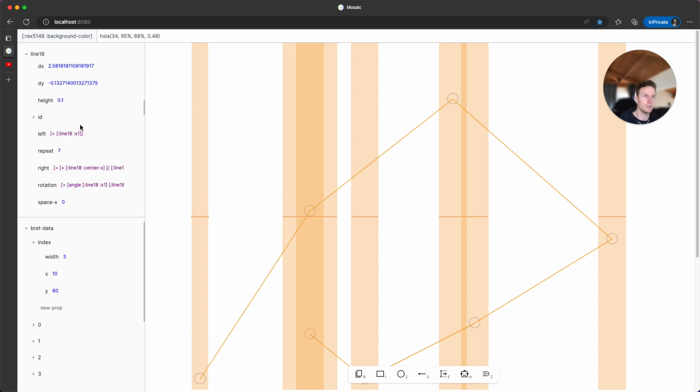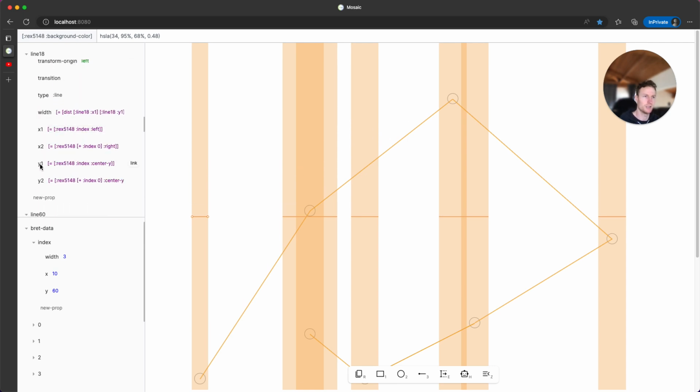But I can always interact with the data directly, so I can connect the y to the y data point and the second one as well. And now it's at the correct position. And the final touch is to draw the little